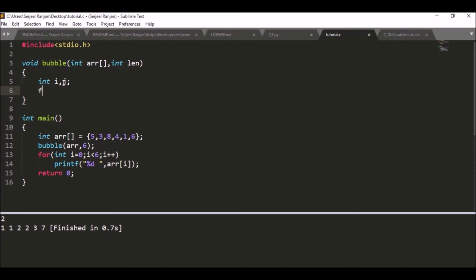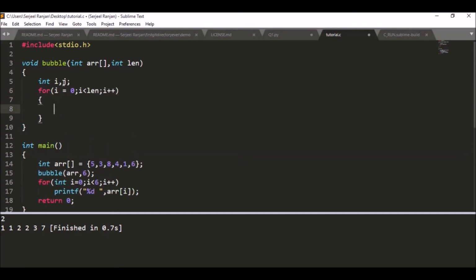So for this we have to first write a for loop. Also we have to write a for loop for j, but remember the value of j traversed from 0 to 4, not even 5, because you remember the window reached the second last element. It cannot go beyond. So for this the loop will be written like j is less than len minus 1, because I don't want j to reach the last element.